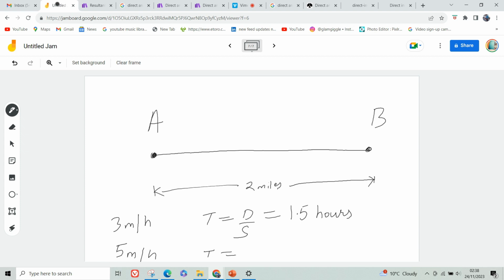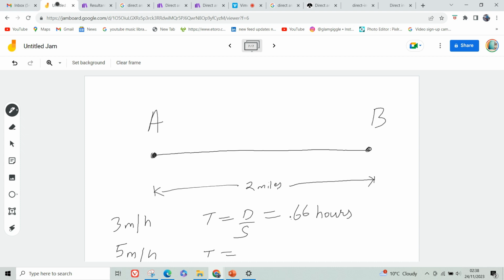Your time taken will be 2 over the distance, 2 over 3, which is 0.66 hours. Okay,